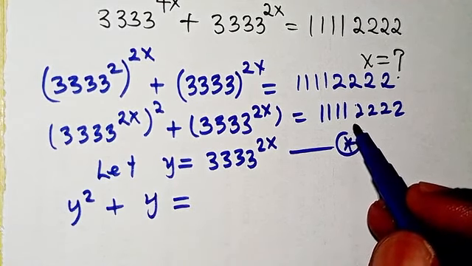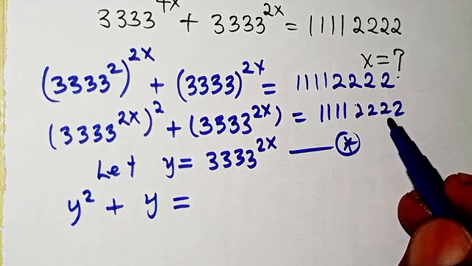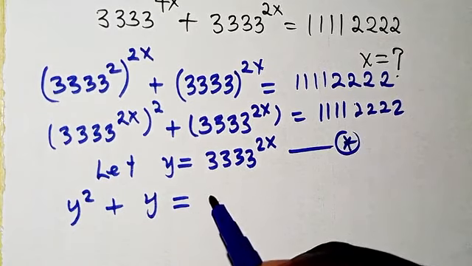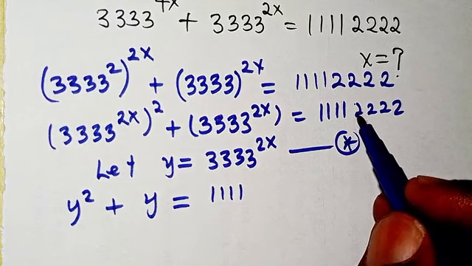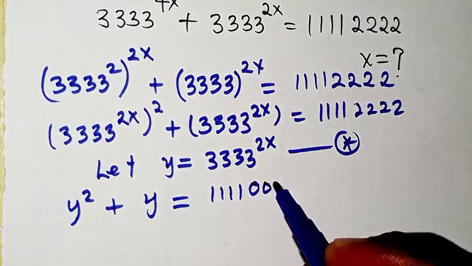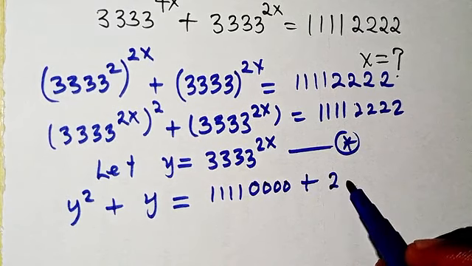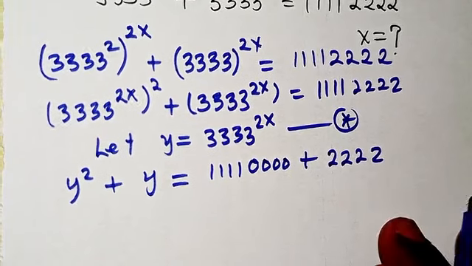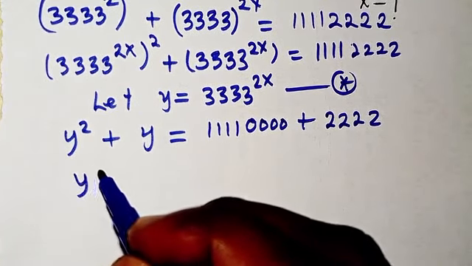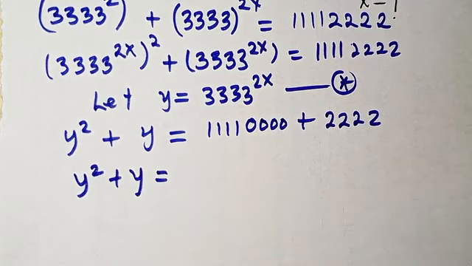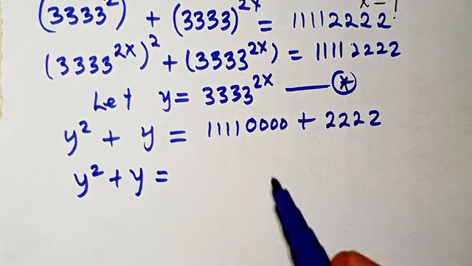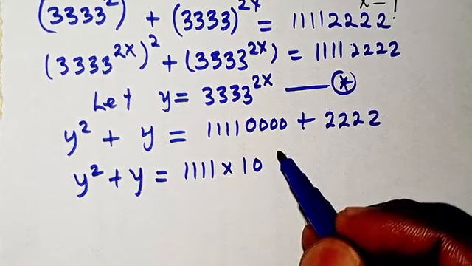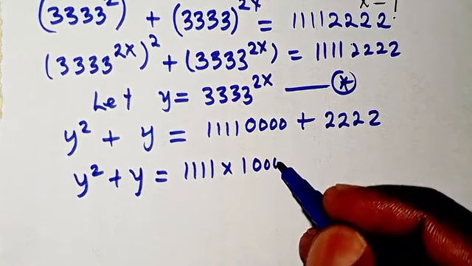We now have this. Now I'm going to rewrite this at the right hand side by writing it in this form 1 1 1 1, so 1 2 3 4 in expanded form plus 2 2 2 2. When you add this and this together, you're going to have this. So now we have y squared plus y equals. Here again I can rewrite this as 1 1 1 1 times 10 to the power, but I can still leave it like this 0 0 0,